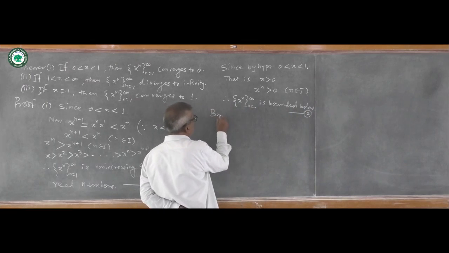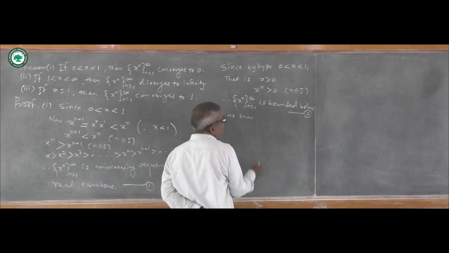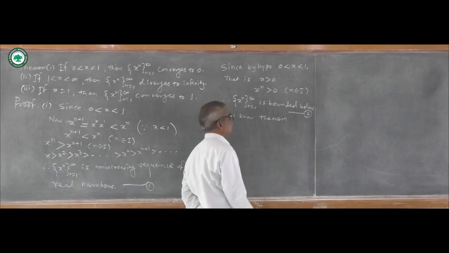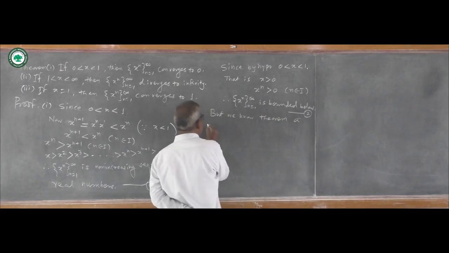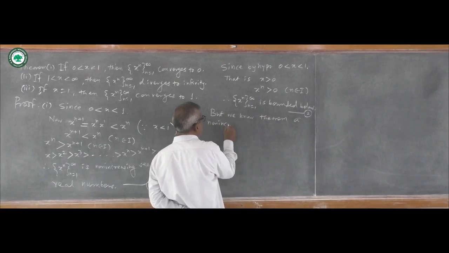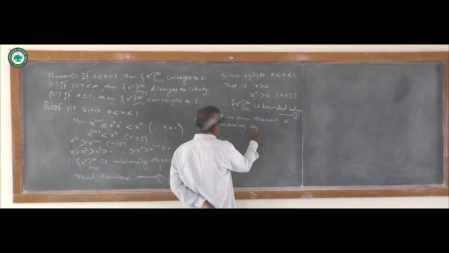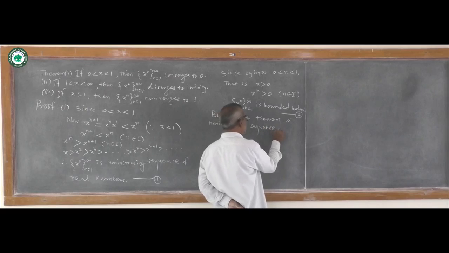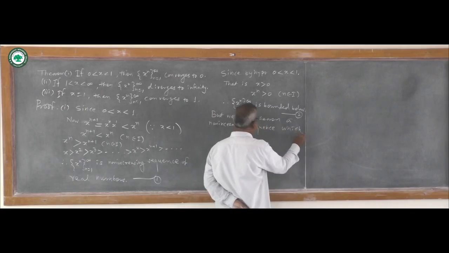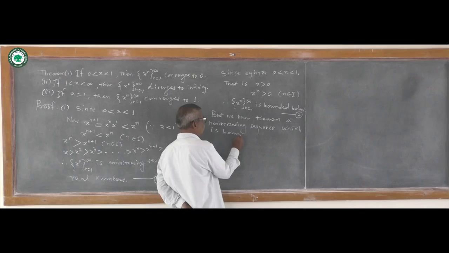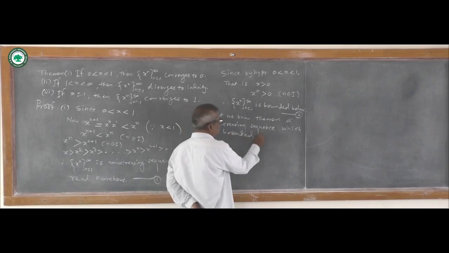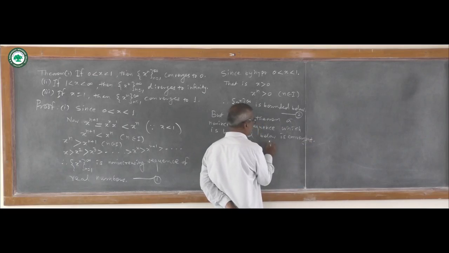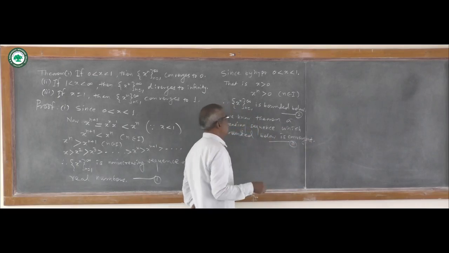But we know the theorem, Theorem 3 on monotonic sequences: a non-increasing sequence which is bounded below is convergent. This is statement 3. From 1 and 2,